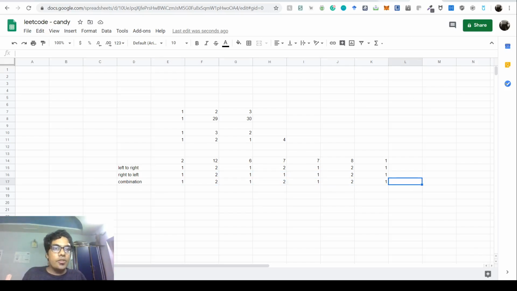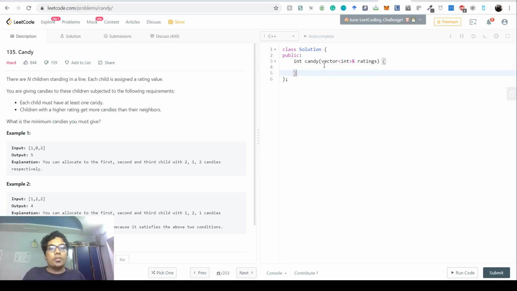So let's actually do that in code. Let's have int l, which is the length, the ratings dot size, so this is the length of the array. Let's initialize a vector of int, left to right, l to r.